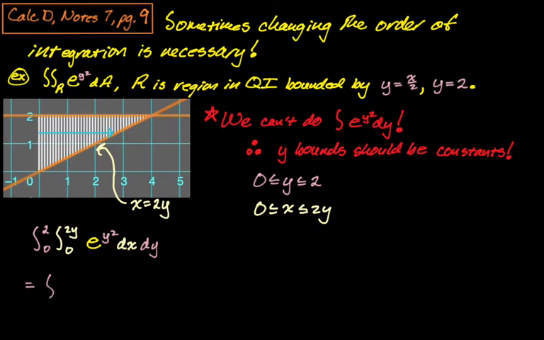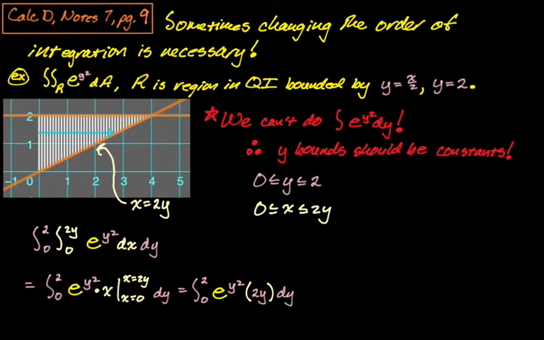All right, this is, I think, straightforward. So 0 to 2. We're going to pick up an x when we integrate with respect to x, and then x is going from 0 to 2y. When I plug in 2y, I get 2y, and when I plug in 0, I get 0, so we're actually just going to get the integral from 0 to 2 of e to the y squared, quantity 2y minus 0, but just 2y dy. That's perfect, so we can just integrate that. They always end up being straightforward integrals. So the integral of 2y e to the y squared is just e to the y squared, going from y